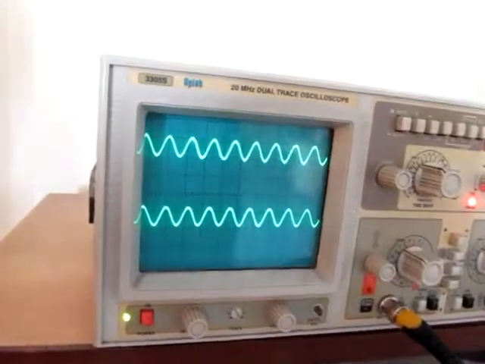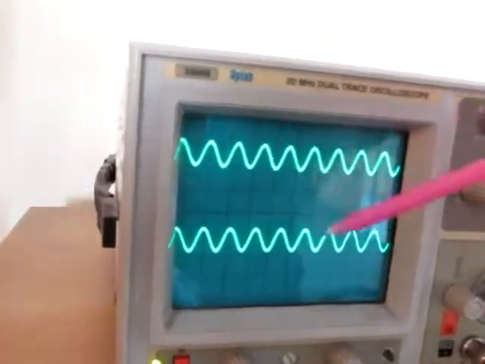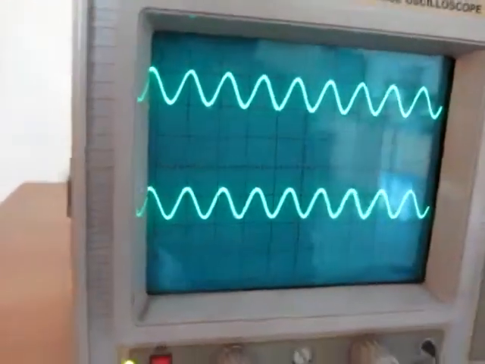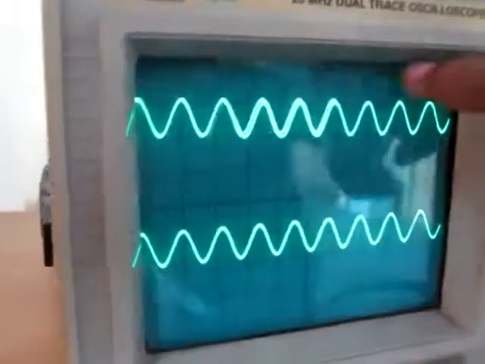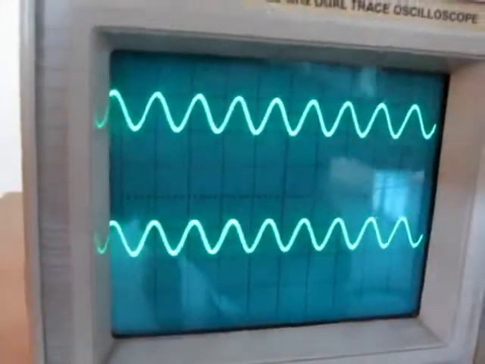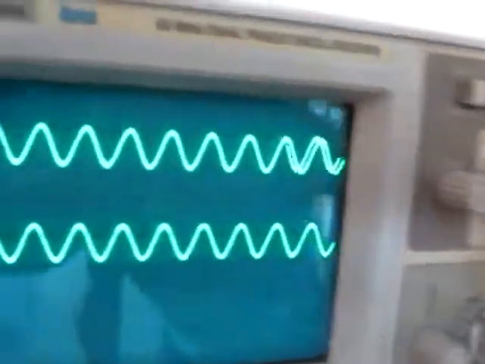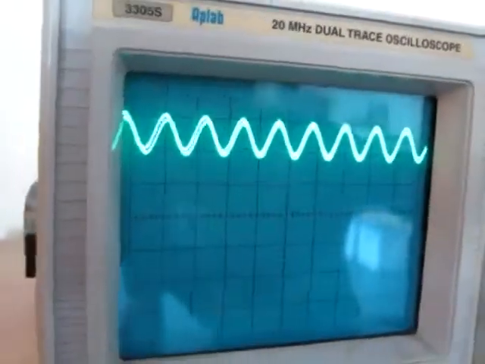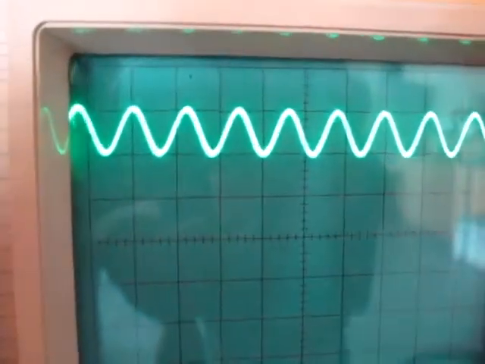Now let's get to 1 kHz. The first one is the input and the second one is the output. Here you can observe the magnitude of the input and output are the same. Let's see how it looks in phase. For the lower frequency of 1 kHz, the input and the output have zero phase difference between them and the magnitudes are almost equal.